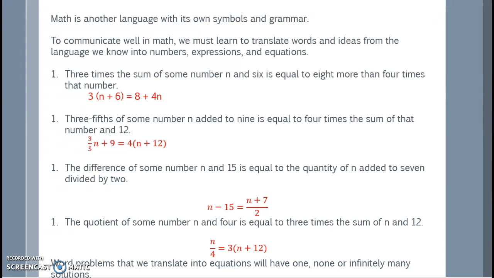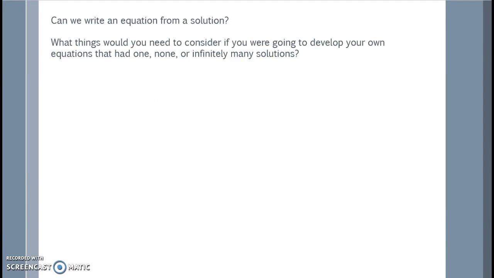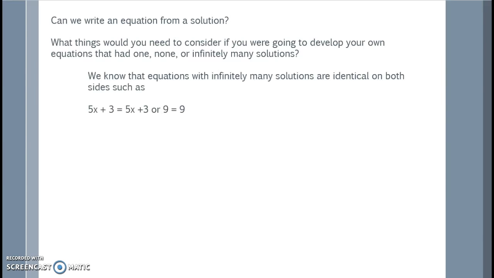Word problems that we translate into equations will have one, none, or infinitely many solutions. Can we write an equation from a solution? What things would you need to consider if you're going to develop your own equations that had one, none, or infinitely many solutions? We know that equations with infinitely many solutions are identical on both sides of the equation, such